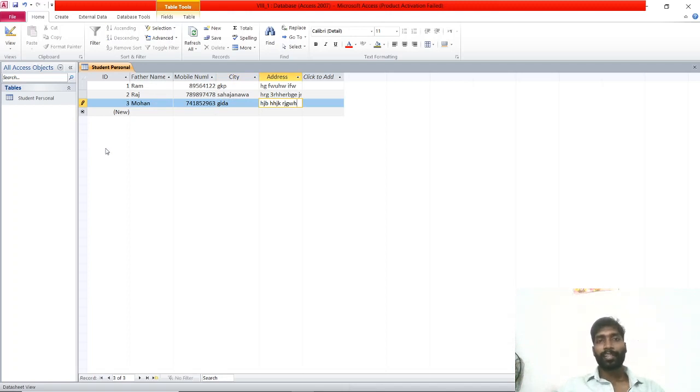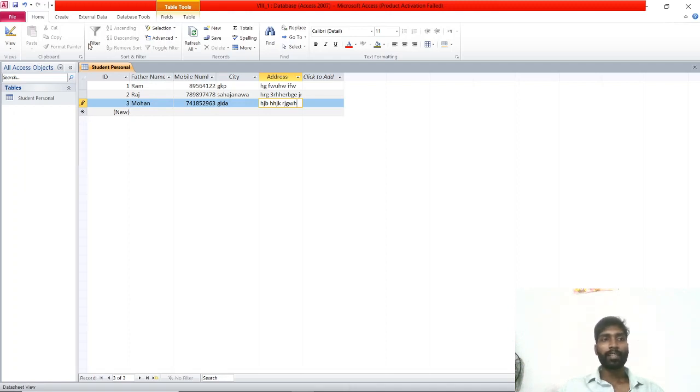Students, please try to get this. This is rough information, and this rough information is the student personal information. It means the student's father name is Ram, and there is the father's mobile number, but we don't know the student. So we will create a table for the student.